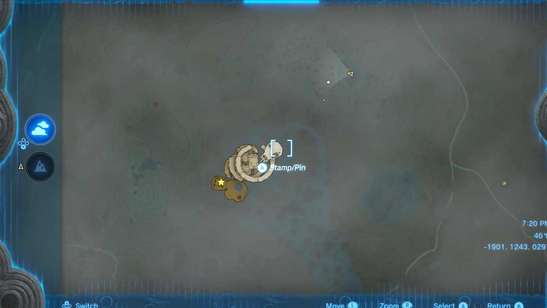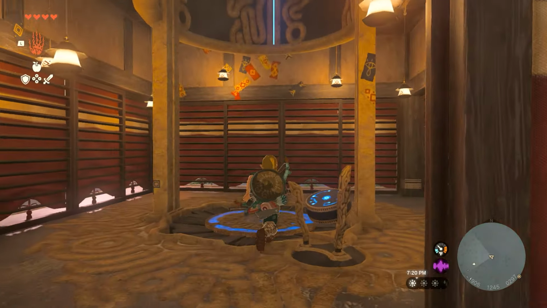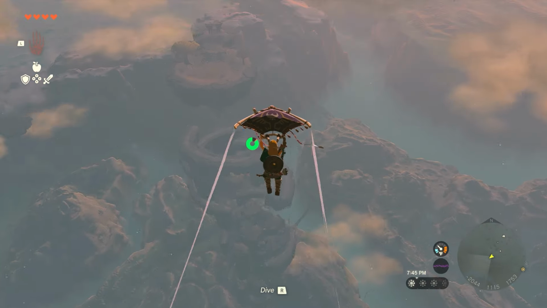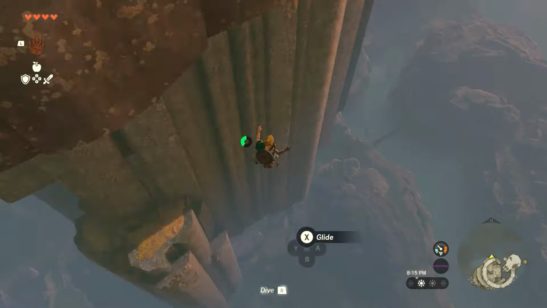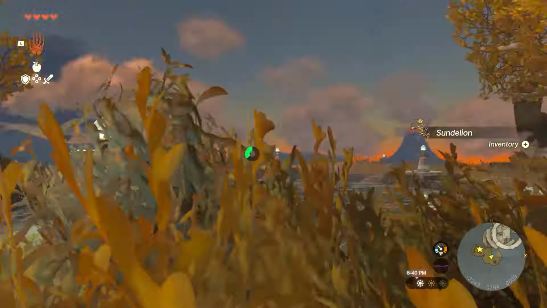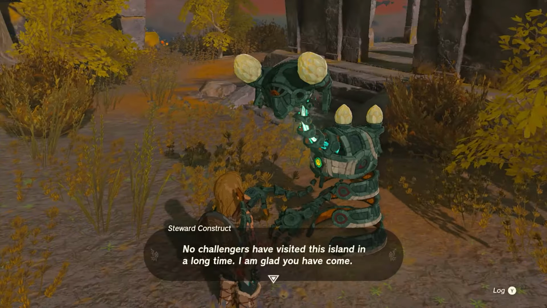Getting to the shrine in the beginning of the game might seem difficult, but it's not at all. You're gonna go into the tower and fly up into the sky and then just float onto the island. And if you don't make it to the top, that's completely fine. So for the Nintended Way, we're gonna make it to the bottom. When you make it there, you'll see a steward construct telling you that this is Courage Island and there's a minigame here. If you choose to accept, he'll bring you all the way to the top and you can start